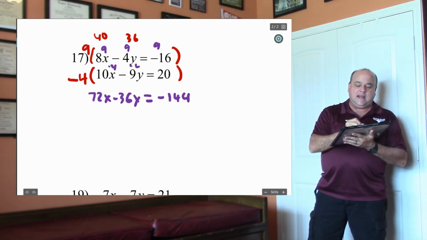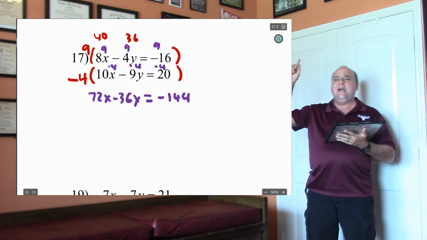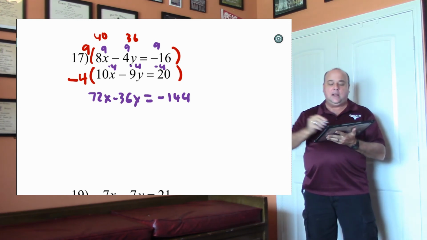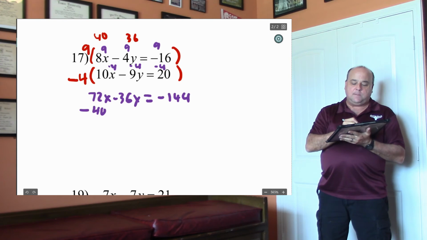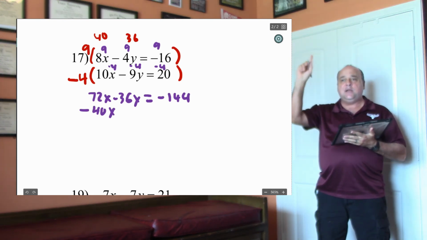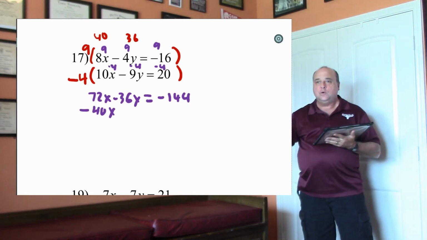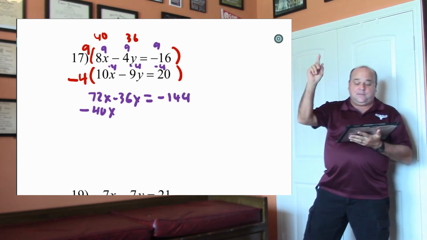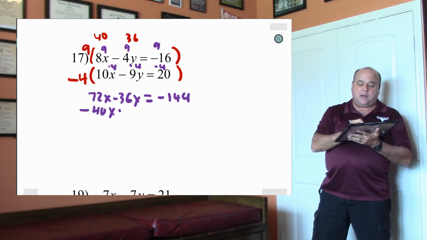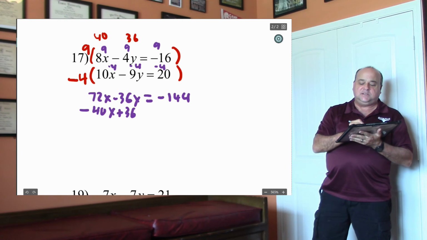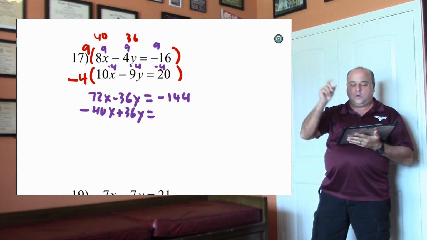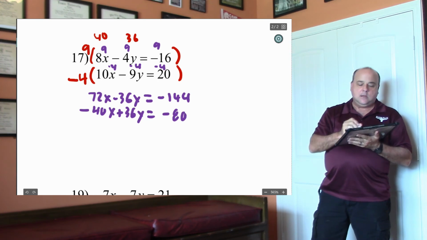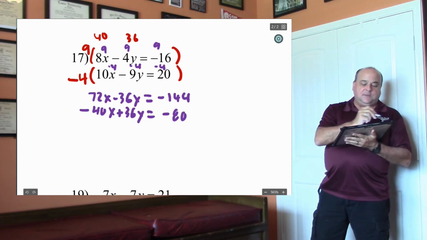We're going to multiply by negative 4, right? We have to get every single sign and number right. A negative times a positive is a negative. 4 times 10 is 40. My letter is x. Sign, number, letter. I'm still doing sign, number, letter, aren't I? Now then the next one. A negative times a negative is a positive. 4 times 9 is 36y. My y's are opposites now, aren't they? And negative 4 times 20 is negative 80. Since my y's are opposites,